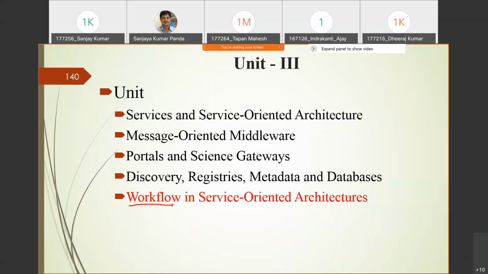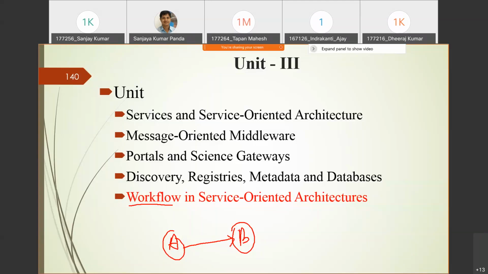Let's say A is a component and B is another component. If there is an edge from A to B, it indicates that component A needs to complete its work and provide the data to component B so that B can start its execution. So this is the base of a workflow system.